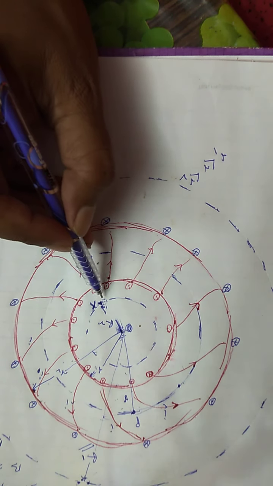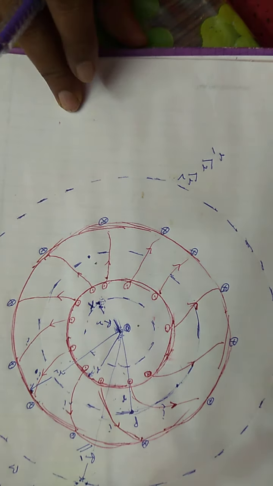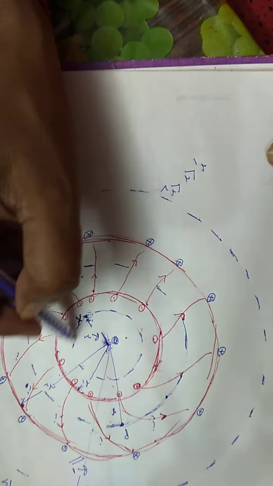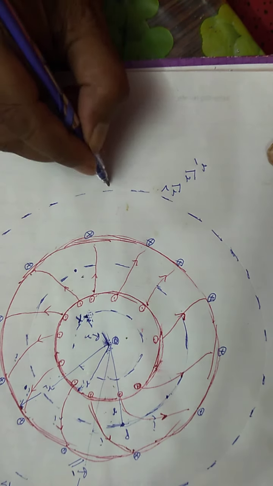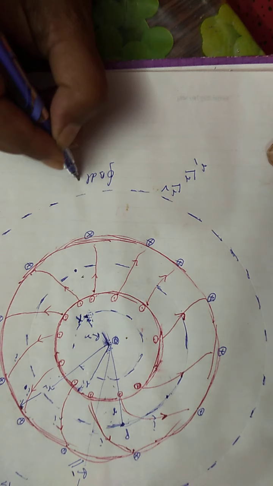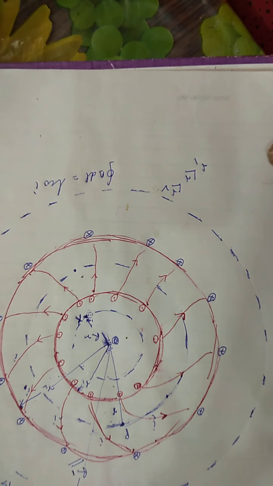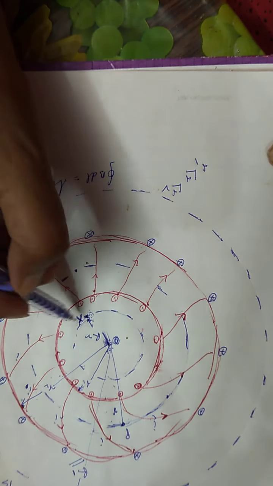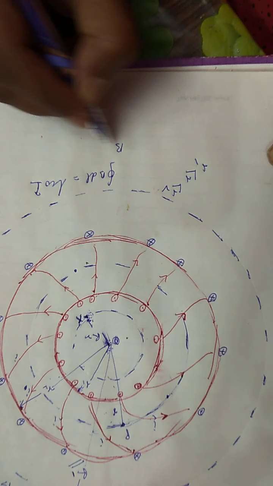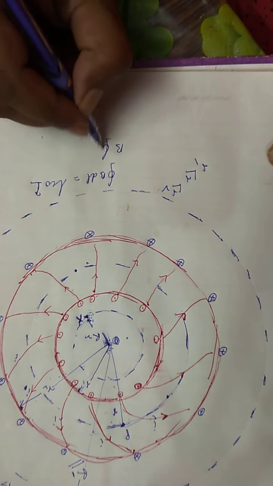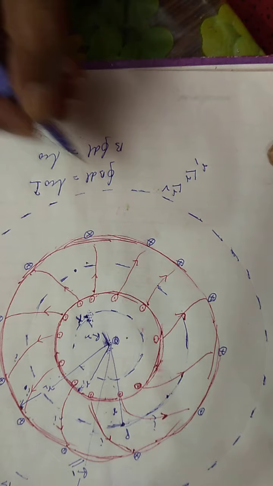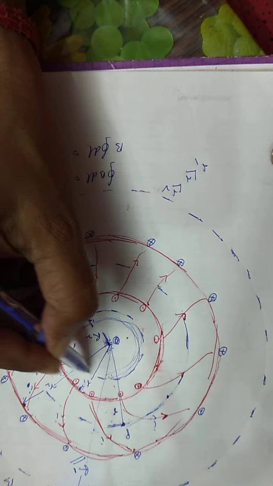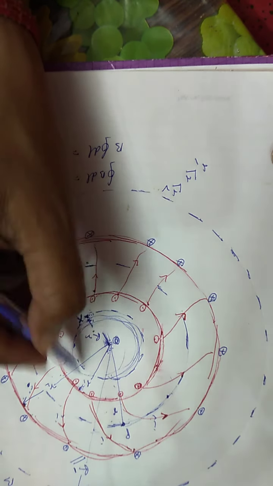Okay, and we need to find the magnetic field here, and we will use this space to find it. Again we will draw an amperian loop here. This is the amperian loop, and the loop integral of B dot dL is equal to mu naught into total current I. At every point B is constant, so B will be out of the integration sign, and the loop integral of dL is equal to mu naught times the current. And how much current is this amperian loop holding? Inside the amperian loop you will find no current. So the net current is 0 inside the amperian loop.